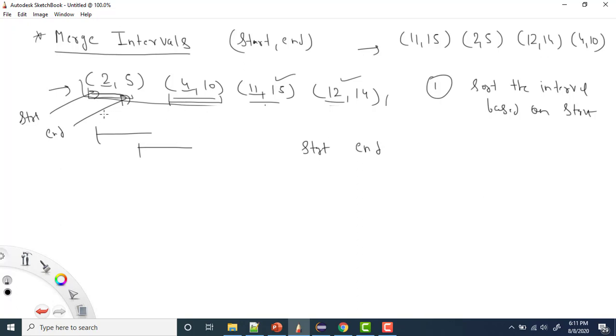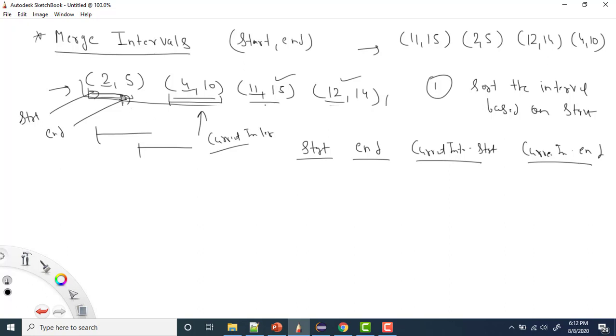These are the first interval, and then I will start from here. This is my current interval, and one by one I will proceed. So here I have current interval dot start, and here I have current interval dot end. So these are the four values that I'm operating on: start, end, current dot start, current dot end.